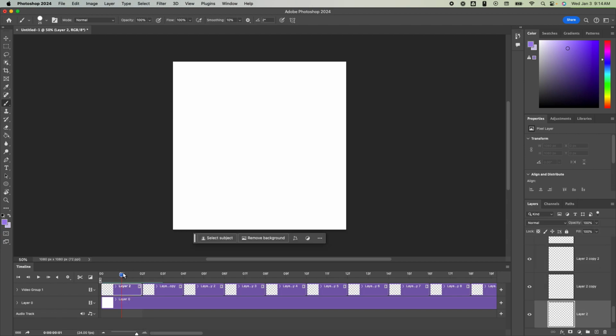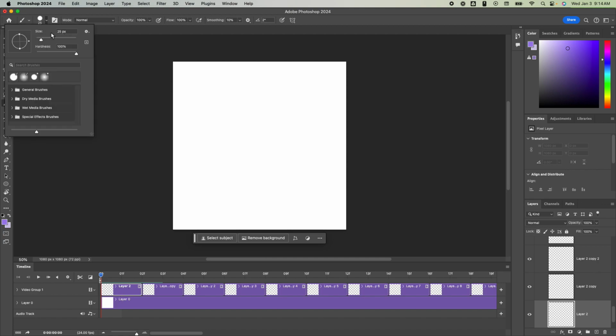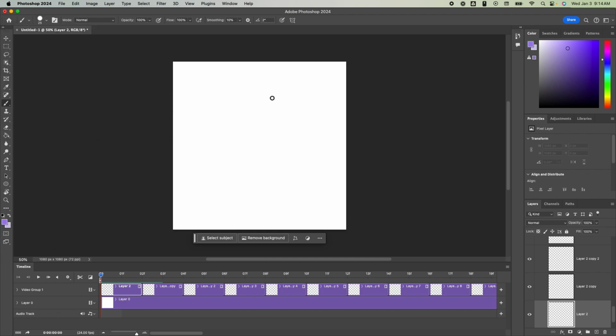So I'm going to go back and select my first layer, layer 2 over here, and I'm going to use the paintbrush and set myself up with a hard brush, a decent size. You can also use your bracket keys on the keyboard to adjust this, and you can get a preview of how large that is. And I'm just going to start drawing my bouncing ball at the top of the frame here. Doesn't have to be perfect. We're just going to get a kind of a hand-drawn feel. Those of you with iPads will definitely be at an advantage here,